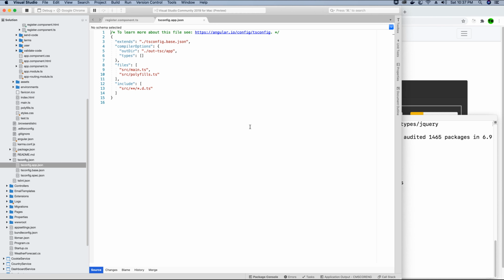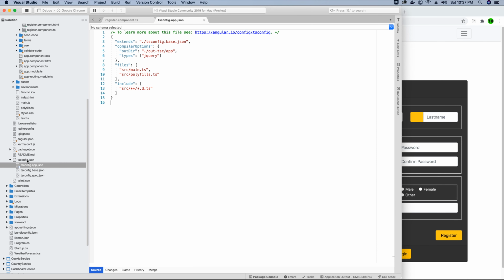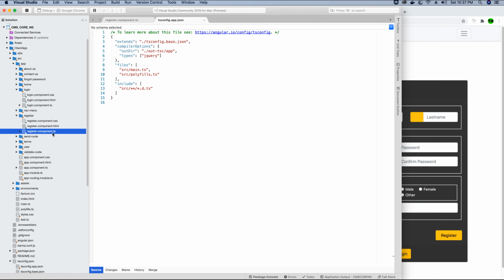Whatever type version packages you install in your Angular application, you can reference that over here. So I've installed jQuery for now, so I'm going to reference jQuery, and now I should be able to use jQuery code inside my component. So if I go back to the register component.ts file,